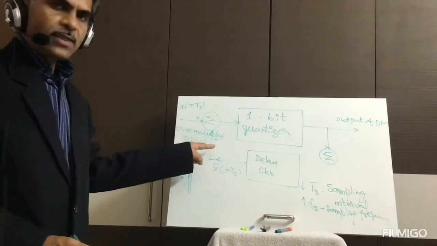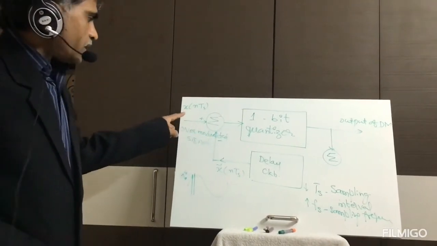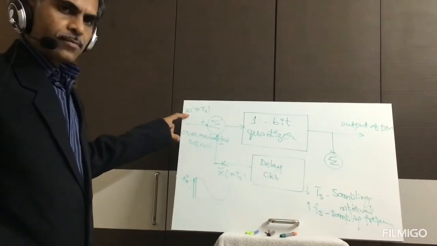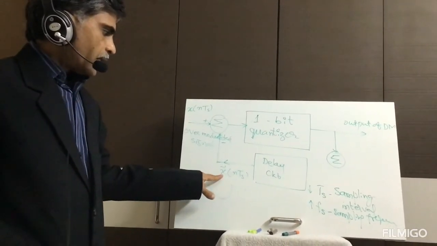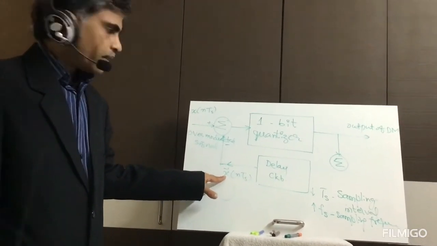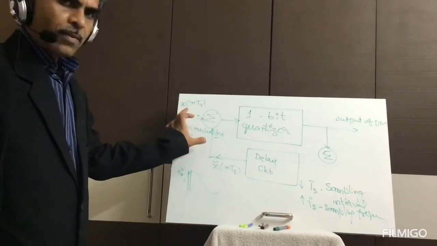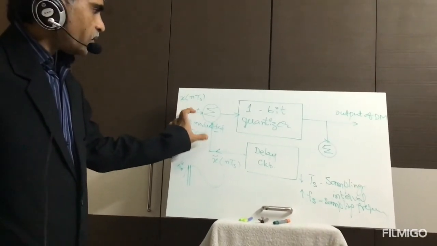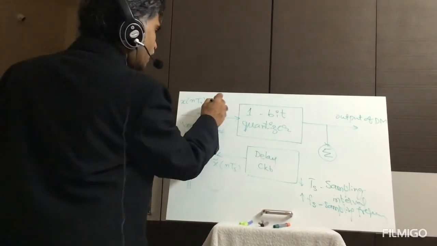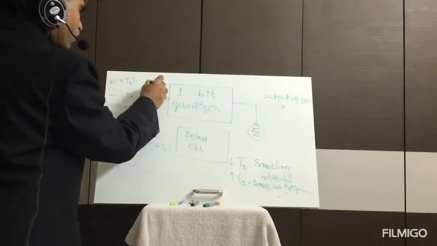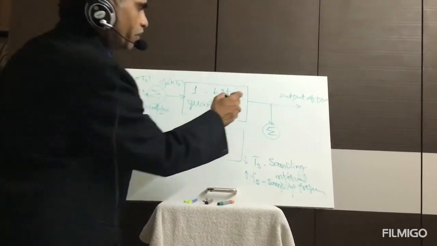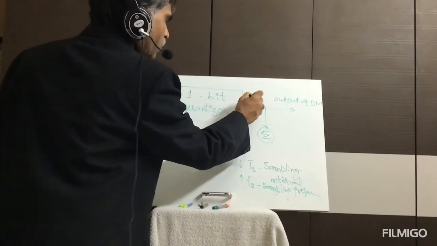Then once you feed this output of the delay circuit to the summer here, we take the difference between these two signals. So what are these two signals here? One is the oversampled input signal and another is a delayed input signal, that means the previous sample of the input here. These two will be compared, or the difference between the two will be generated and given to the 1-bit quantizer. That difference we indicate as e_p of nTs. Then the output of this 1-bit quantizer is indicated as e_q of nTs.